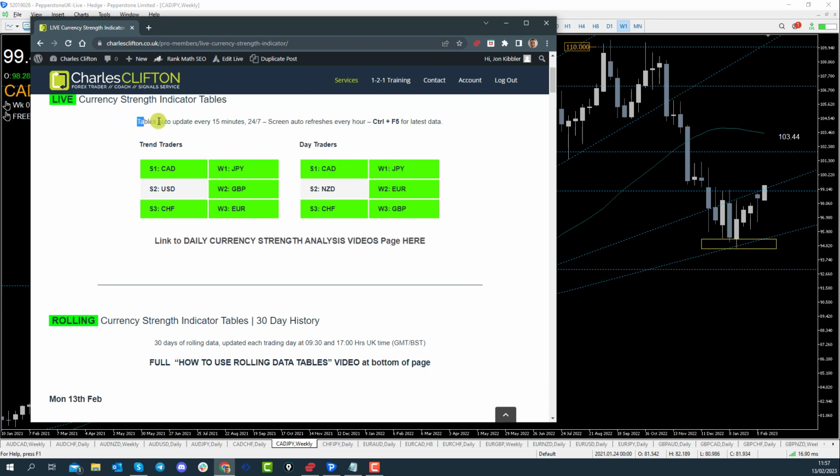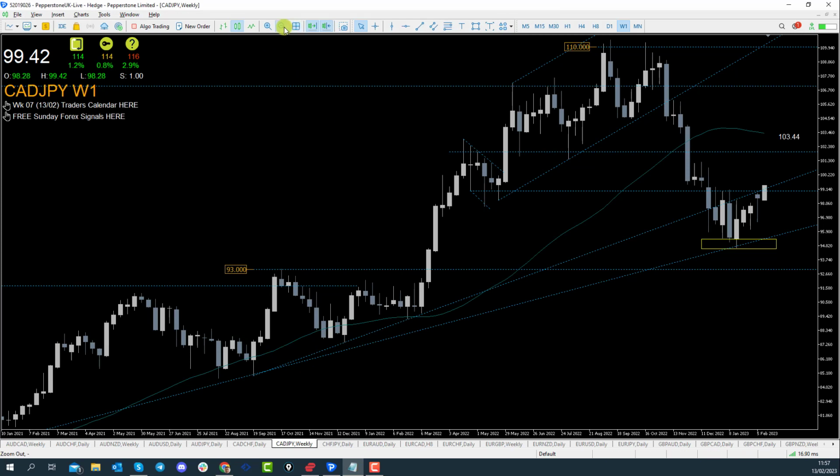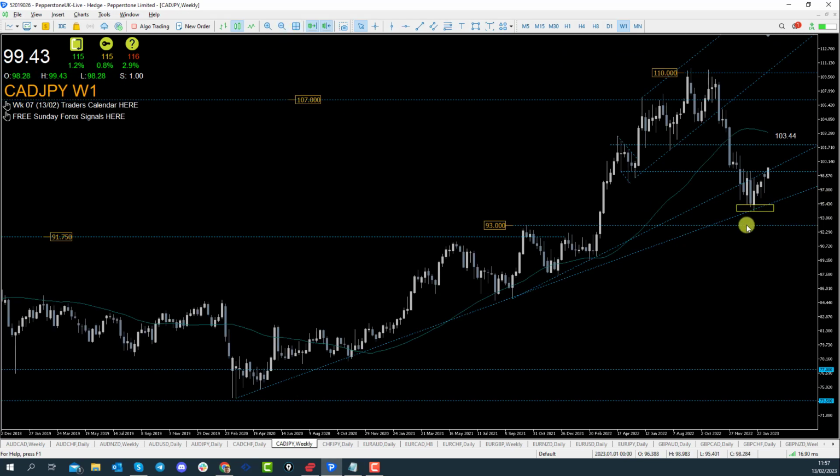Just to remind you that the tables auto update every 15 minutes, 24/7, meaning that our members can access these tables and see how the markets stand in real time. So let's jump straight into CAD yen. Why we focused on that? Because the tables are telling us that the momentum is with CAD yen to the upside, and we can see how price is reacting here